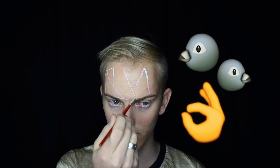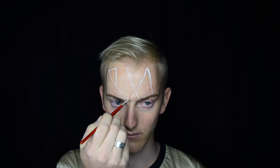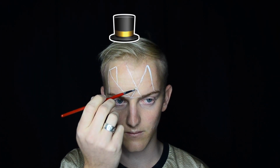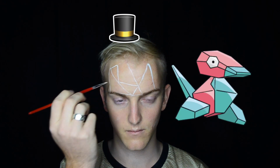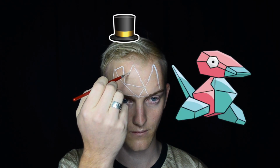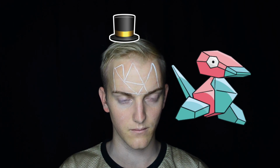We are using white because it's going to also be used as our highlight in just about a minute. So boom, we got 2 birds with 1 stone. Now this look is very geometric, obviously, so we really have to put on our thinking cap. Imagine that your face has become like a Porygon from Pokemon. You're still gonna have highlights and shadows, but just imagine that every curve on your face is actually an angle